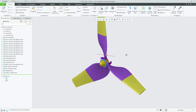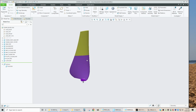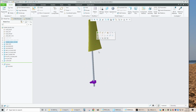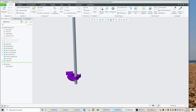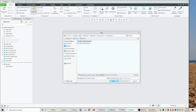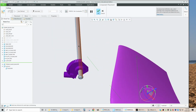Okay, so here is our pitch hub. This is my pitch blade. Okay, so here is the blade assembly, and for layout purposes, hide that, and we're going to hide this one, and let's assemble in the new ones we just created and make sure everything looks right. So let's assemble in demo blade base,